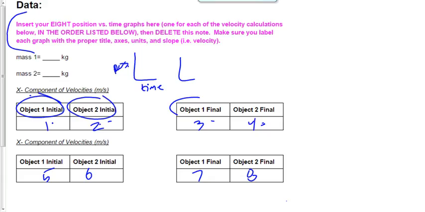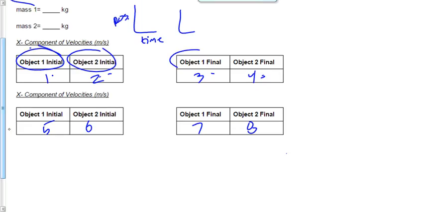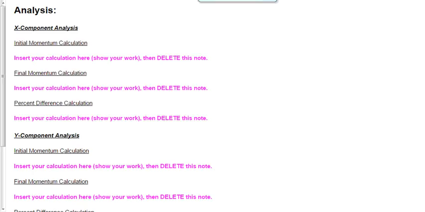Now, once you've done that, once you've got these velocities filled in, then you're going to do a little bit of analysis here. Calculate the initial momentum for X component. That's going to be M1 V1I X component plus M2 V2I X component. Do the same thing for the final momentum. And then your percent difference. It's going to be actual minus theoretical